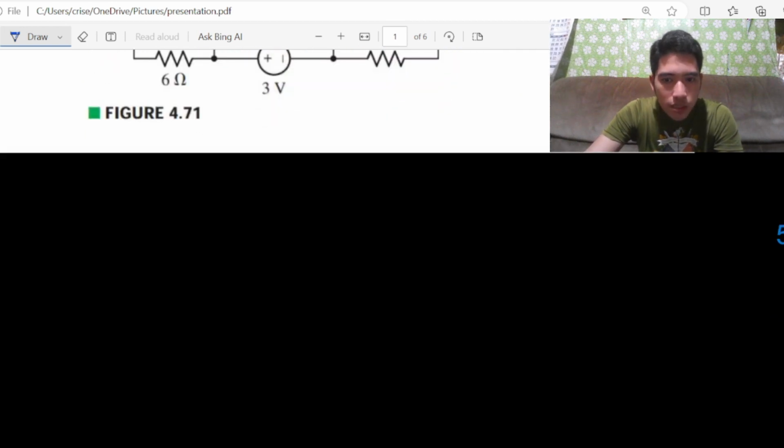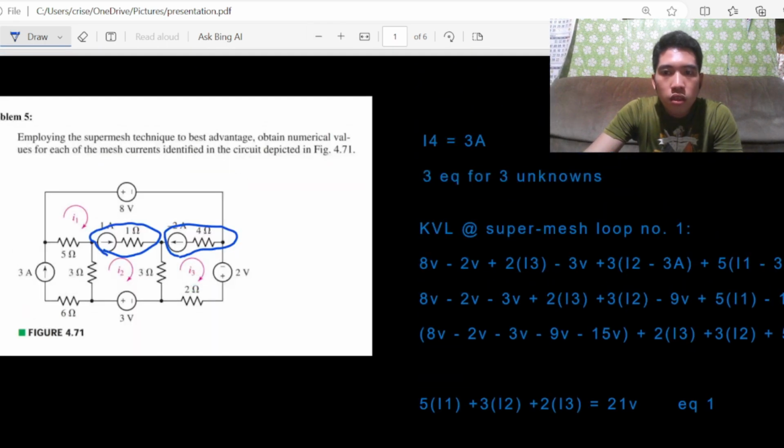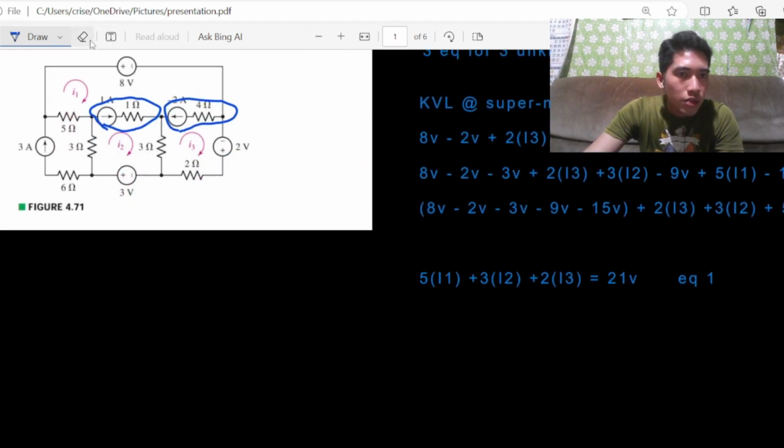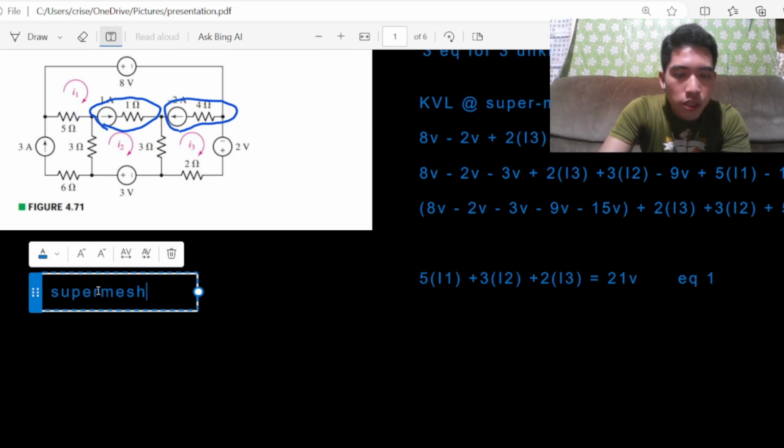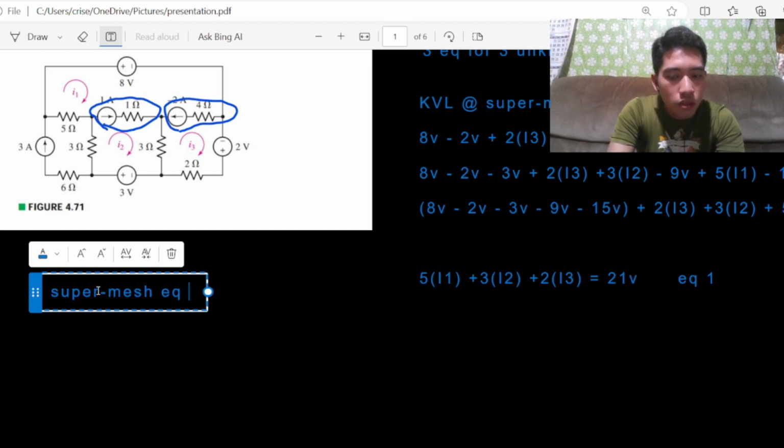I will write it as something like this. Super mesh equation number 1,